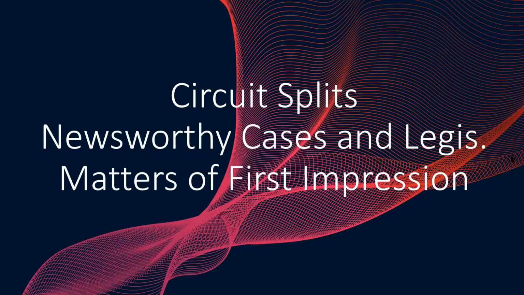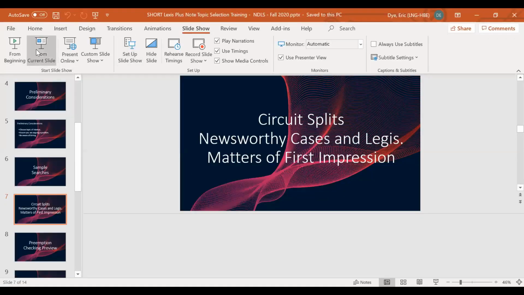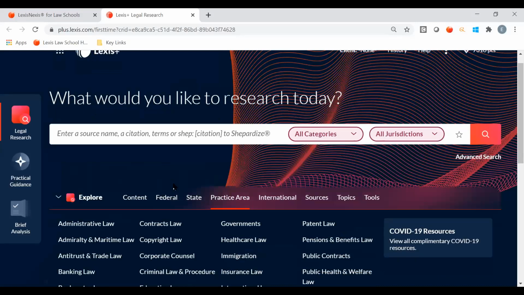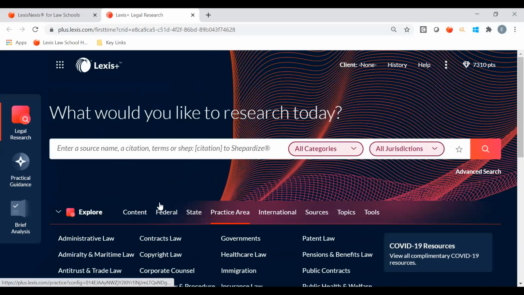So let me go ahead and switch over to Lexis Plus. Okay, so I am now on the Lexis Plus page. You'll see here, it looks a little bit different. It's got the darker backgrounds. Hopefully it's a little bit easier on the eyes, spending a lot of time on the computer these days. I'm sure that'll be valuable. But it's got the search bar like always. It's got the Explore Content Pod like always to help you browse.